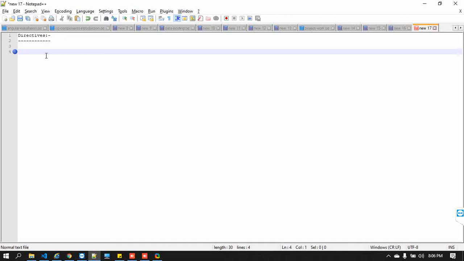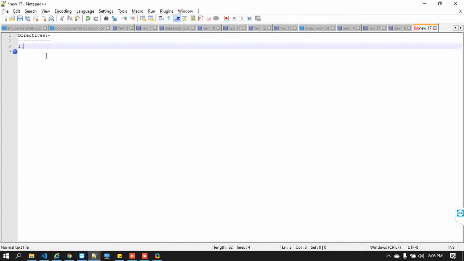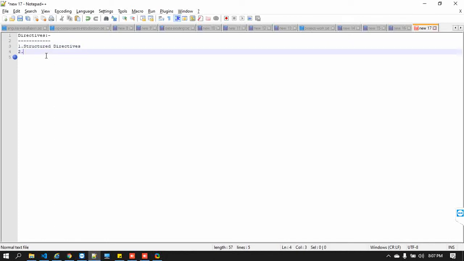One is structural directives, and the second one is attribute directives.